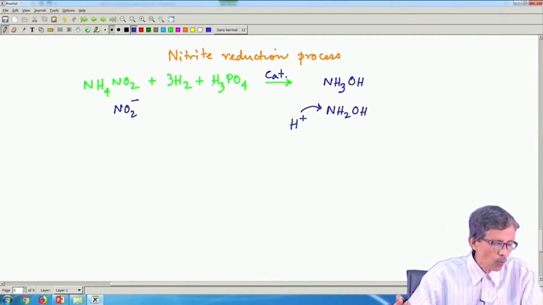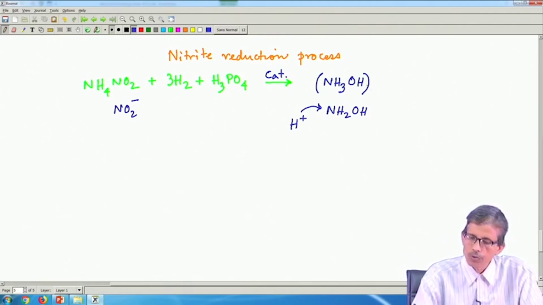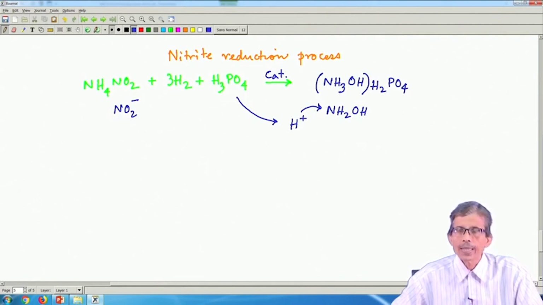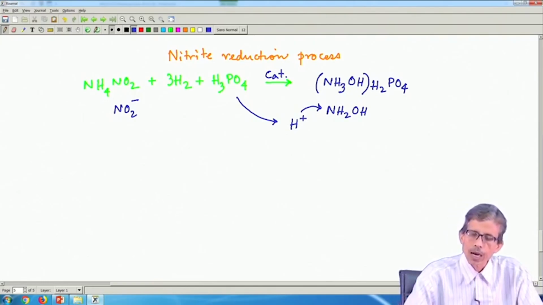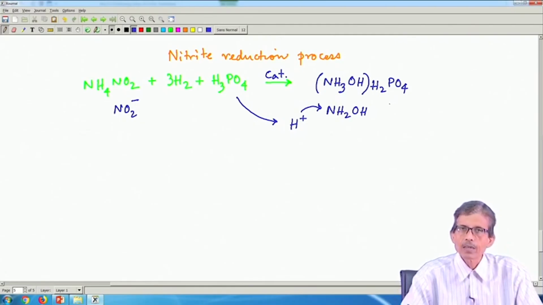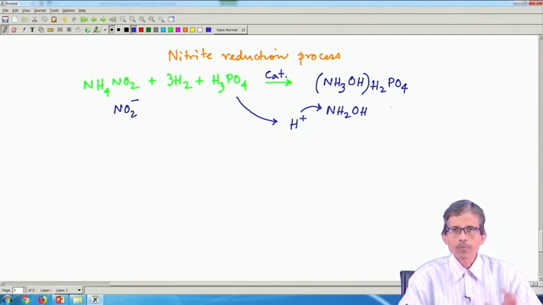So, this NH3OH plus is a cation, giving the corresponding anionic part of this acid, where if it loses one of these H plus, we remain with H2PO4 minus. So, this particular salt you can get, instead of the sulfate salt, as the corresponding phosphate salt. So, hydroxylamine preparation can also be controlled through that particular process, and again it is an industrially important process.